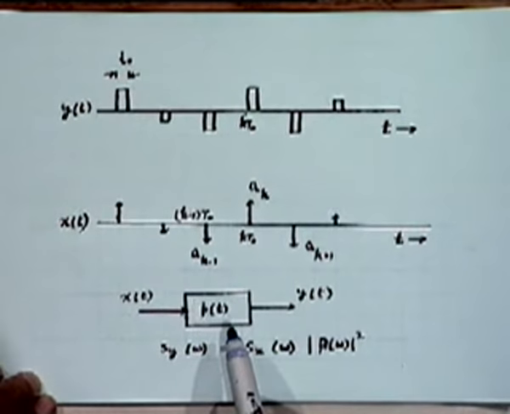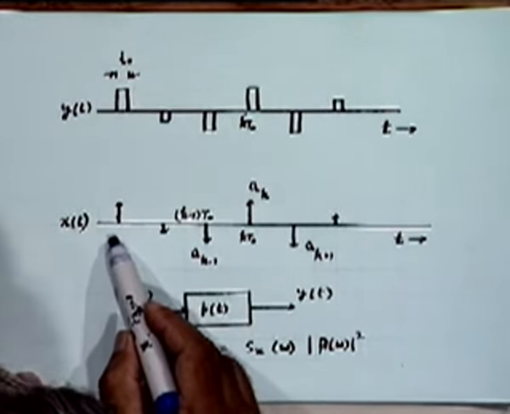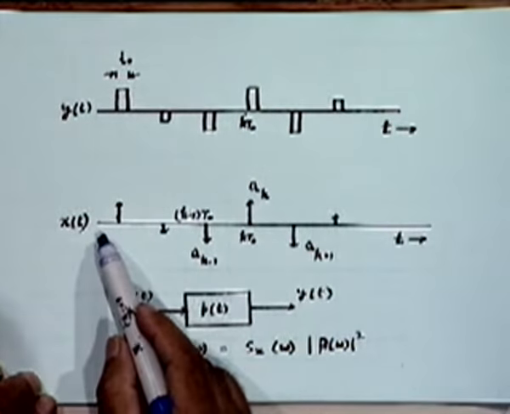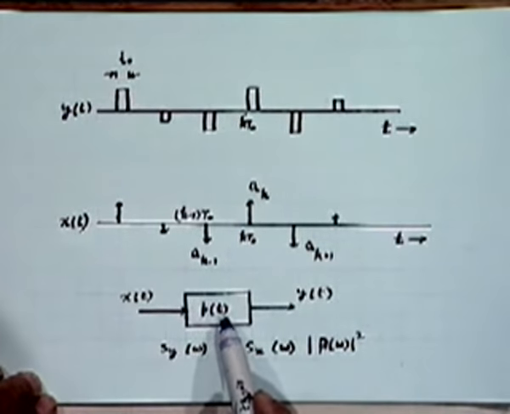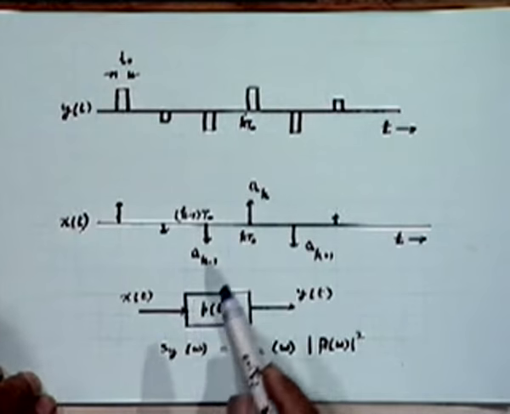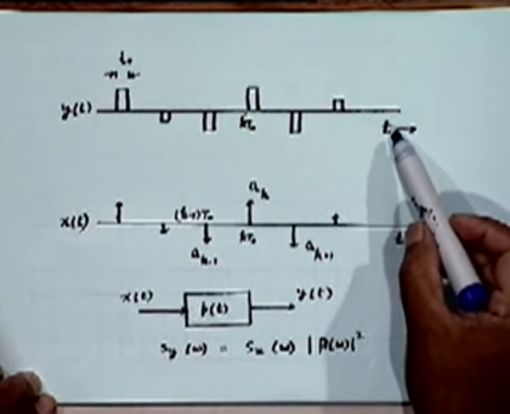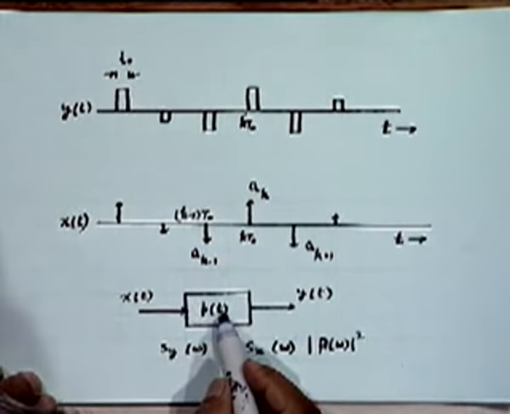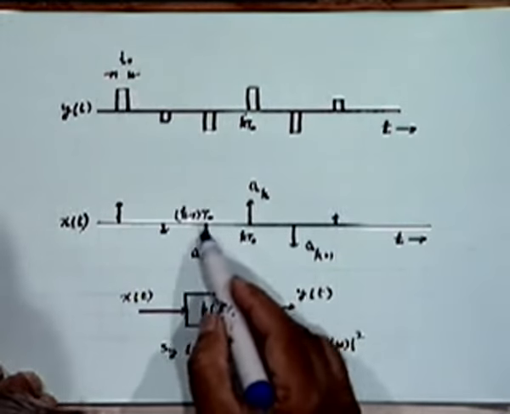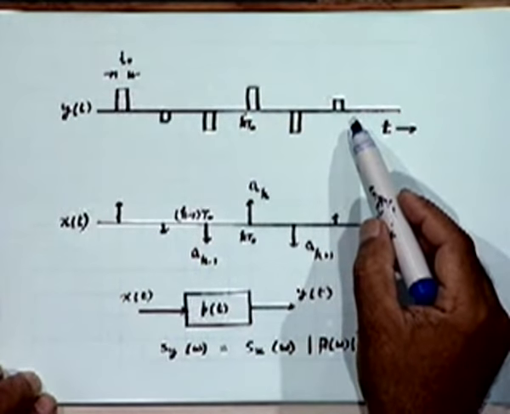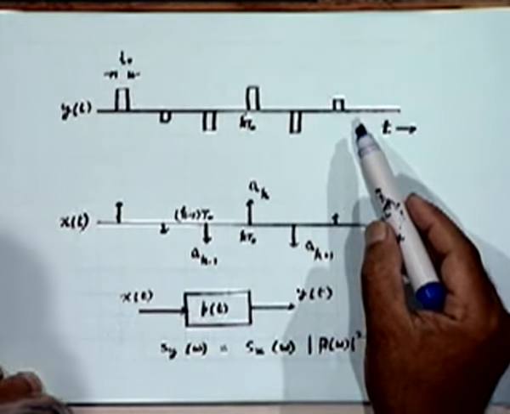All we have to do is to regard this pulse train as having been obtained from passing this impulse train through a filter whose impulse response is p(t), where p(t) is the shape of this pulse, right? If, for example, you want a rectangular pulse train of width t0, all you need is a filter of impulse response with a width of t sub 0, right? Because passing this impulse train through a filter of that kind will obviously produce a pulse train of this kind. This hardly needs any explanation.